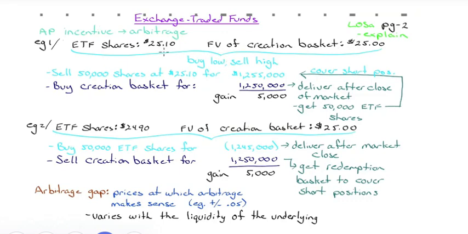So the dealer looks at this and says, well, the ETF shares are $25.10. I can create ETF shares at $25 a share. I'm going to follow this rule of buy low, sell high. Where's the low side? $25. So I'm going to buy all the shares in the creation basket, and I'm going to short the ETF shares. So first step, sell 50,000 shares at $25.10, and I will get some money in my account when I short those shares. I will take that money and I will buy the creation basket for $12.50, and I will make